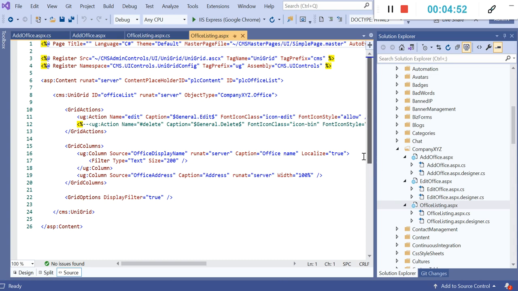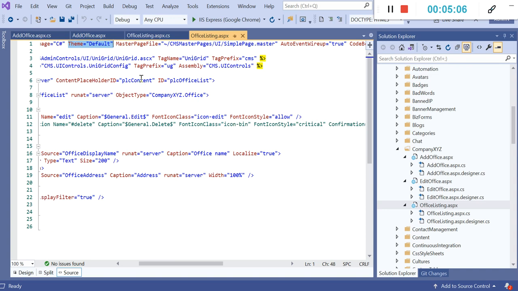While creating this page we have referenced the theme as default, which will give us the same UI as in the other classes of the admin which we have created in the module. And we have also referenced the master page file, which is simple page.master.